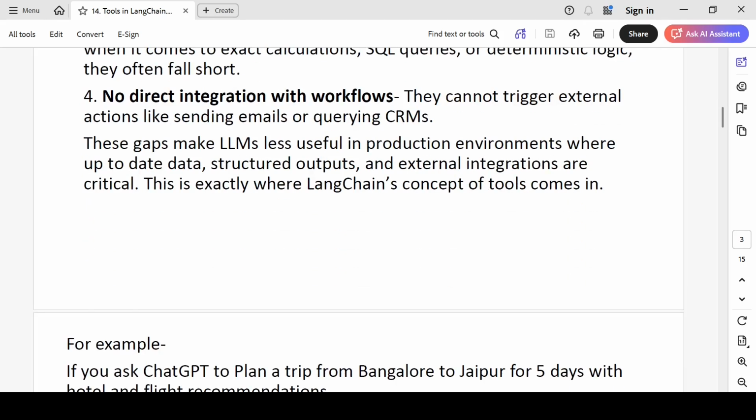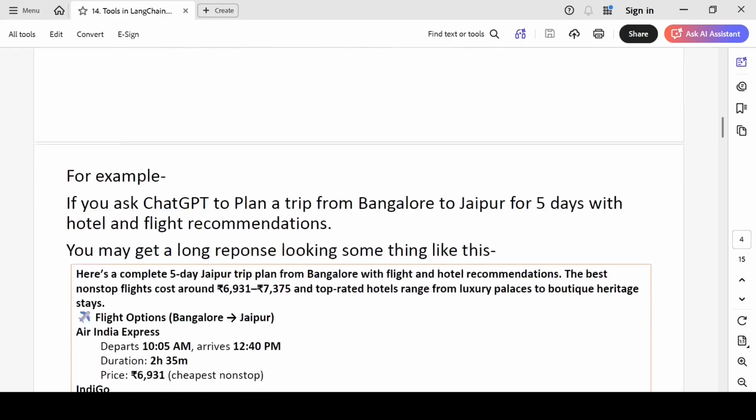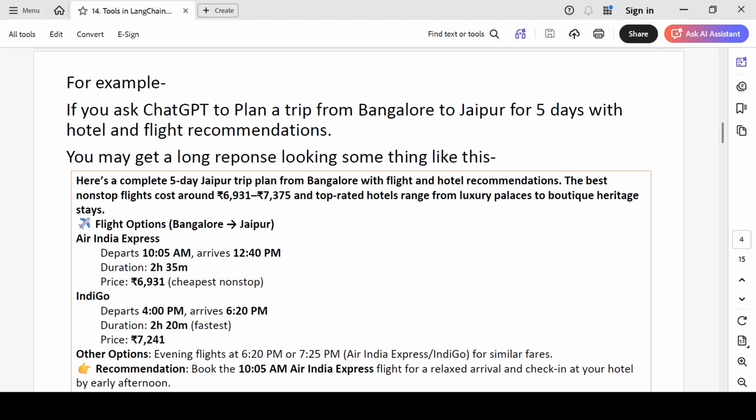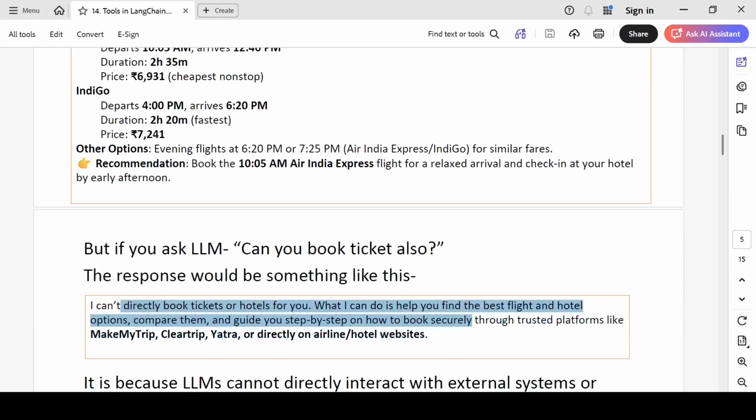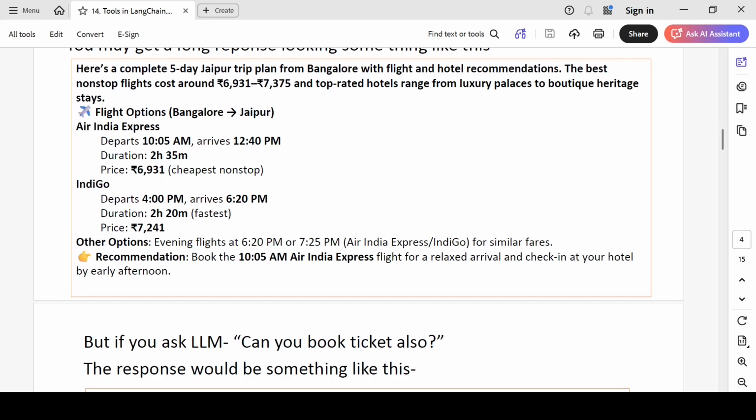Now, for example, let's say you are asking ChatGPT to plan a trip from Bangalore to Jaipur for 5 days with hotel and flight recommendations. That it will do. You will get output like this, right? Flight options, hotel options, not the complete output, but it will give you a lot of information.